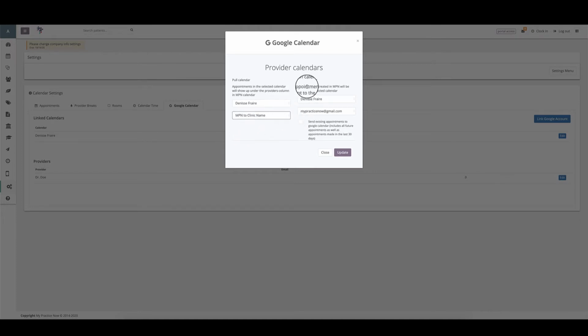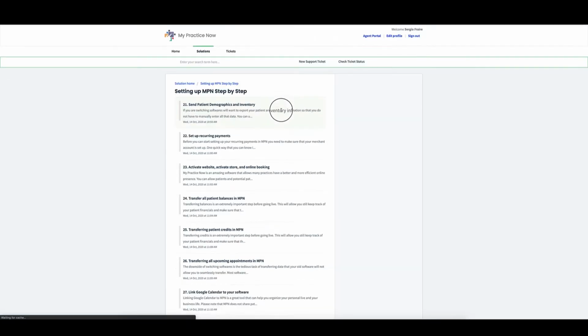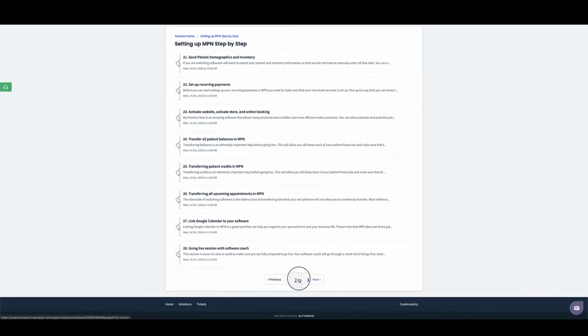You need to have a calendar that speaks to MPN, and then you need to have another calendar in Google that will pull information to your Google. If you have any questions, there is an amazing article just in case you do get a little confused with this. If you go to the sign up section at the very end of your step-by-step guide,